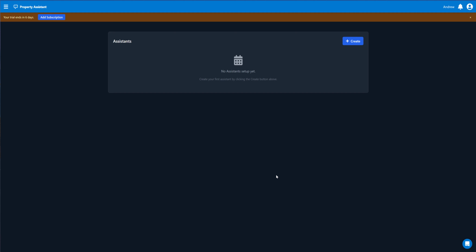I just want to walk you through a couple of housekeeping settings you can apply to the system. So when you first sign up to Property Assistant, you'll land on a page similar to this. If you've got a trial, you'll see your trial status and the ability to upgrade to a subscription. But also, if you click on this little user in the top right hand corner, you can open up your